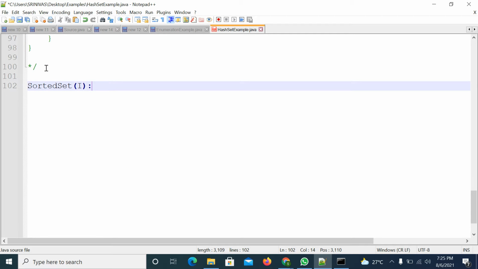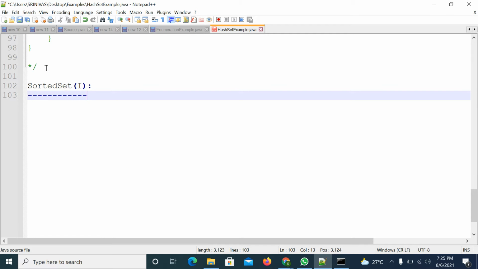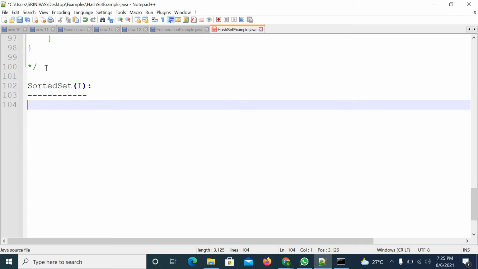SortedSet is an interface. If you want to represent a group of individual objects according to some sorting order, then we can go for the SortedSet interface.